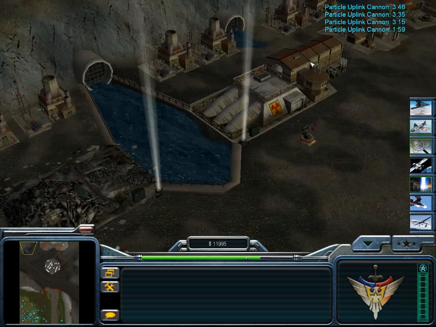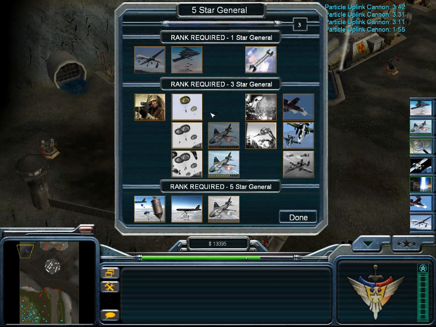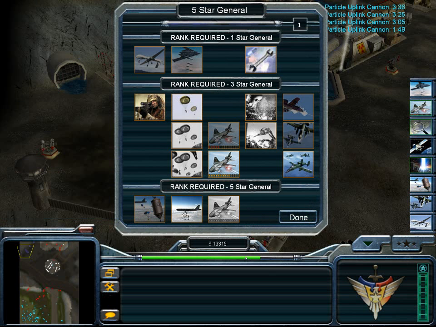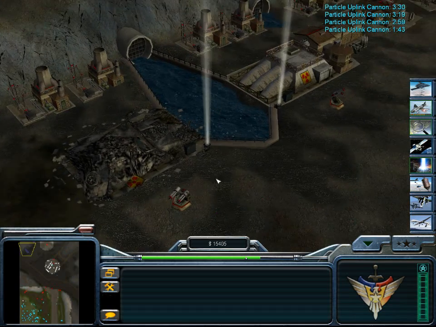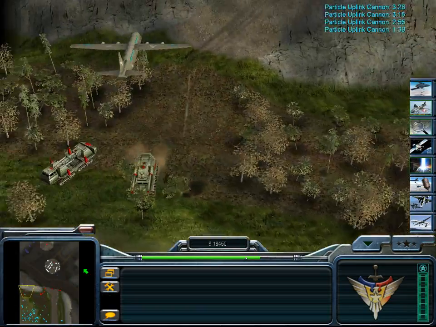And lastly, we need to wipe out those. And lastly, we don't really need snipers on this one because he's not running a ton of infantry that we can't deal with already, so...